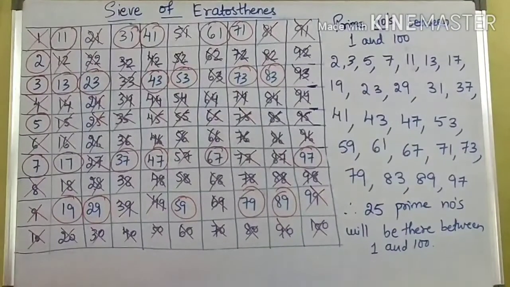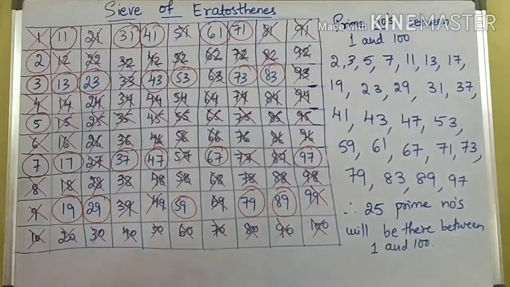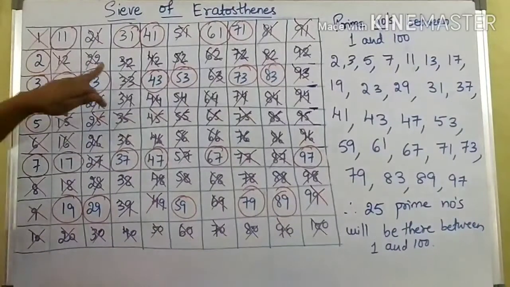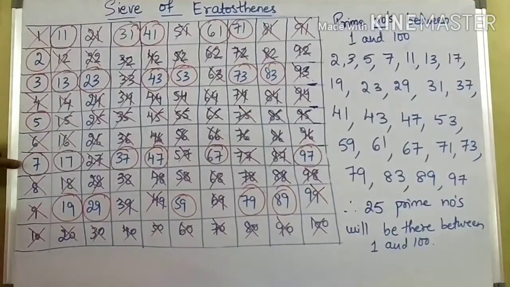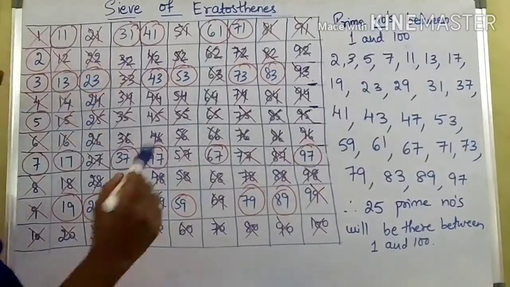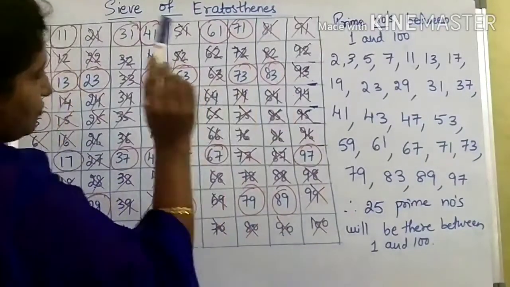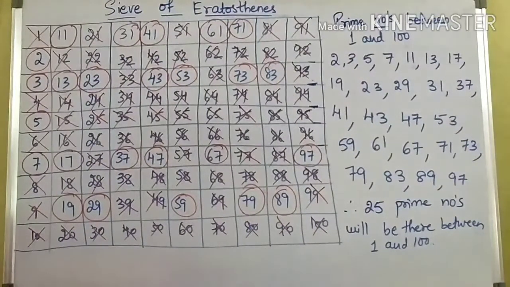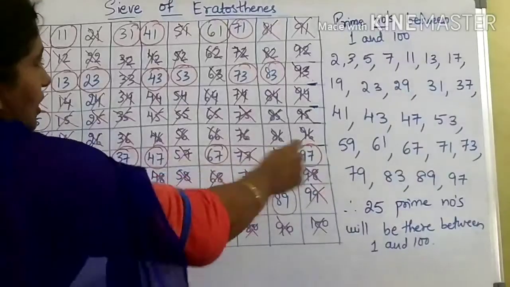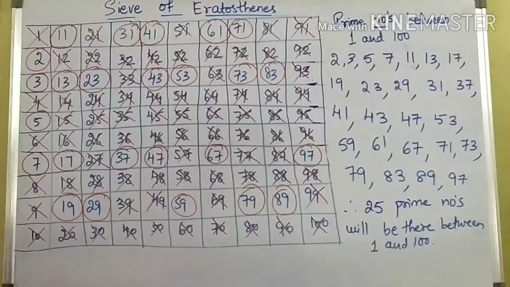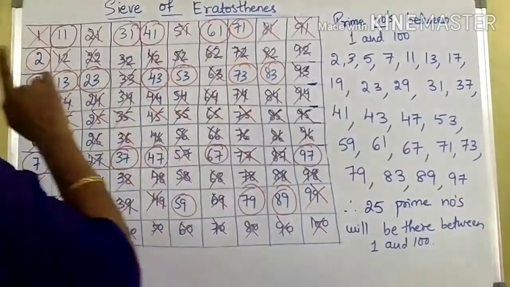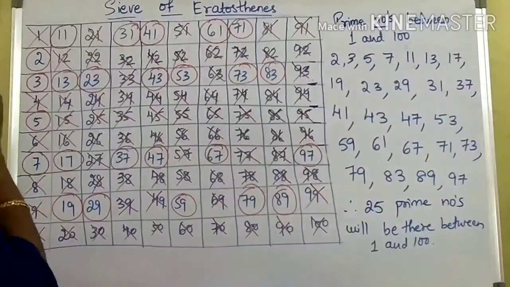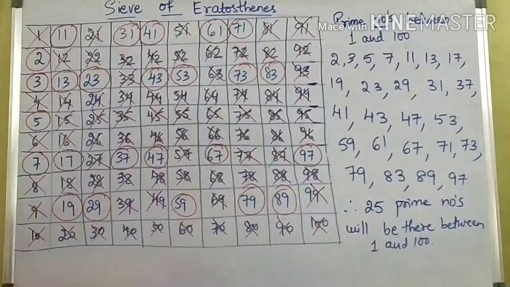Now consecutive numbers means, you know children, continuous numbers. If you observe in this table, between 3 and 5 there is only one composite number, and between 5 and 7 only 6. If you observe, from 90 to 96 we will get the highest run of consecutive numbers, between 89 and 97. So if the question arises, what are the 7 consecutive composite numbers less than 100, you can write 90, 91, 92, 93, 94, 95, 96.